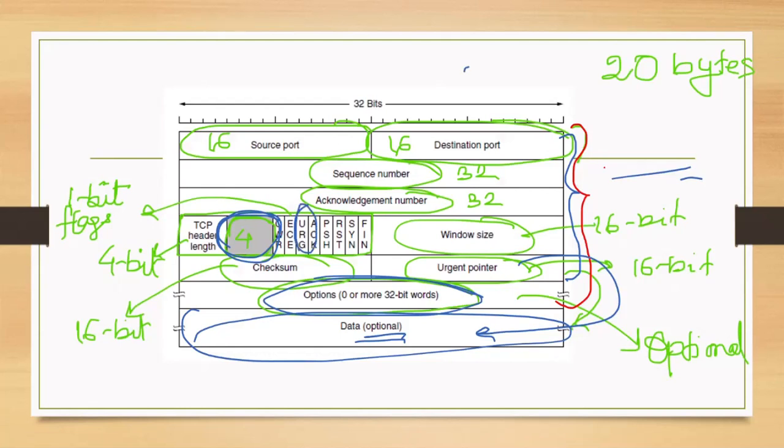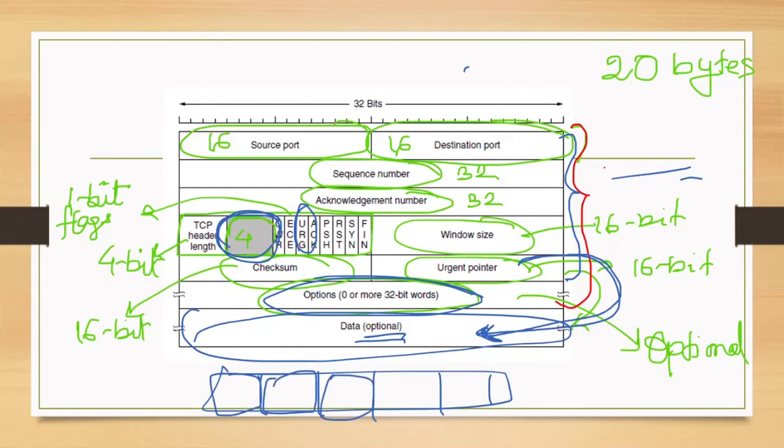And this urgent pointer now, what it does is it says where this urgent data is. Now, this data part may contain data from many applications, and some of these may not be urgent. So which is the urgent part?